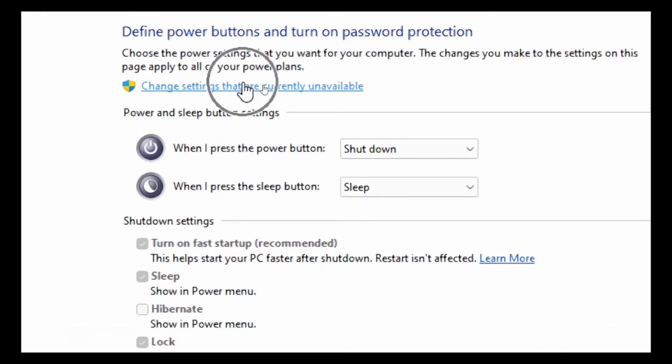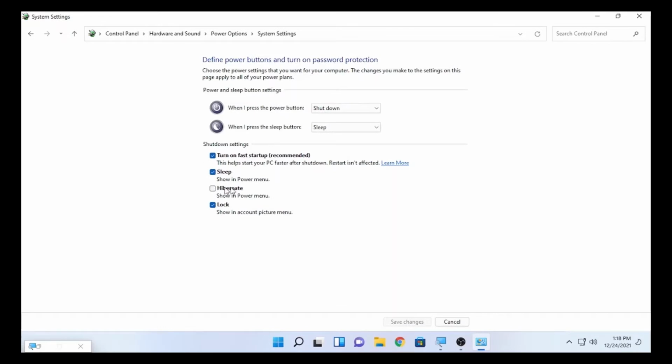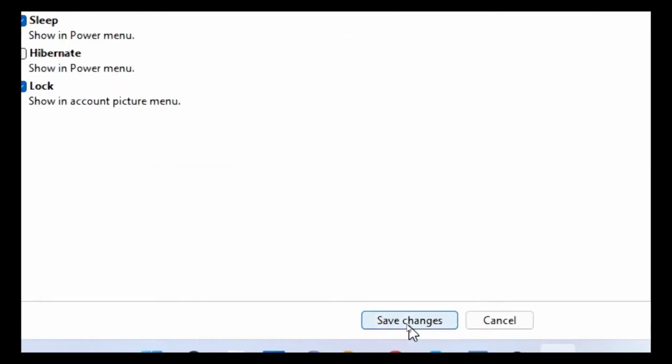We select this one and we can make changes for all these shutdown settings. Here we have turn on fast startup, which, as I said, we are going to disable. So uncheck this one, turn on fast startup recommended, uncheck this and go to save changes.